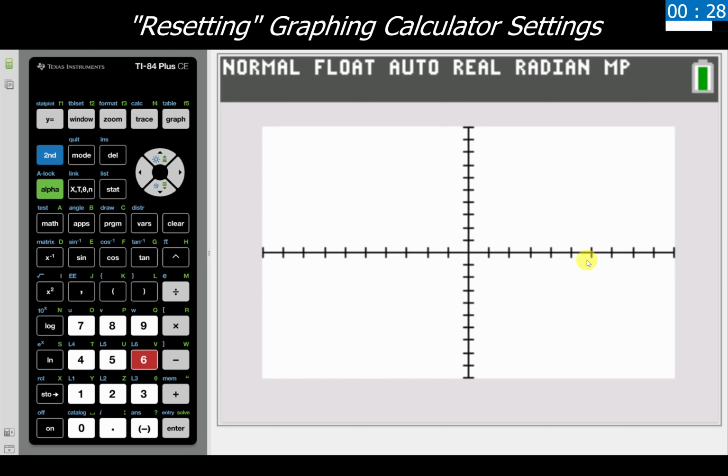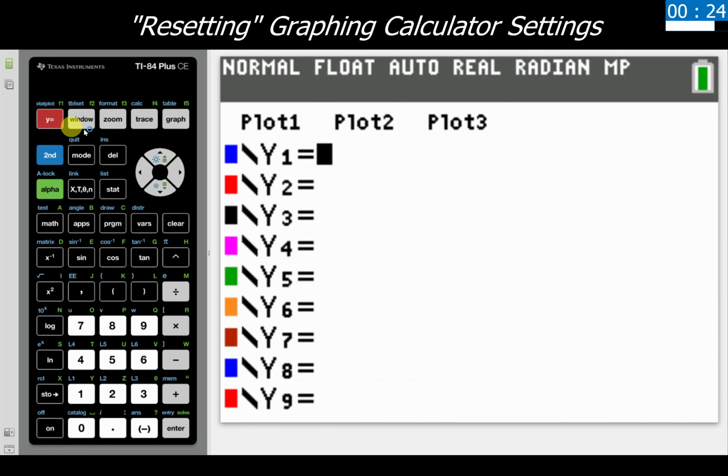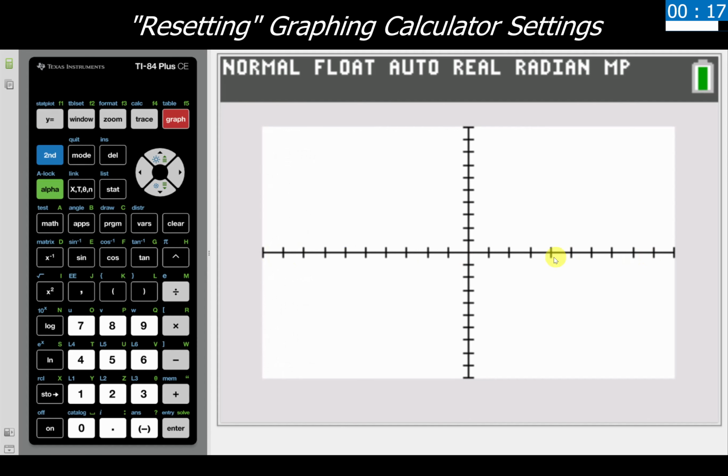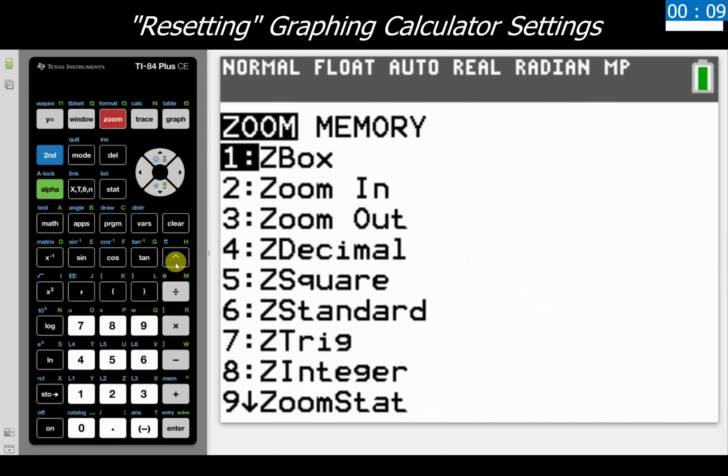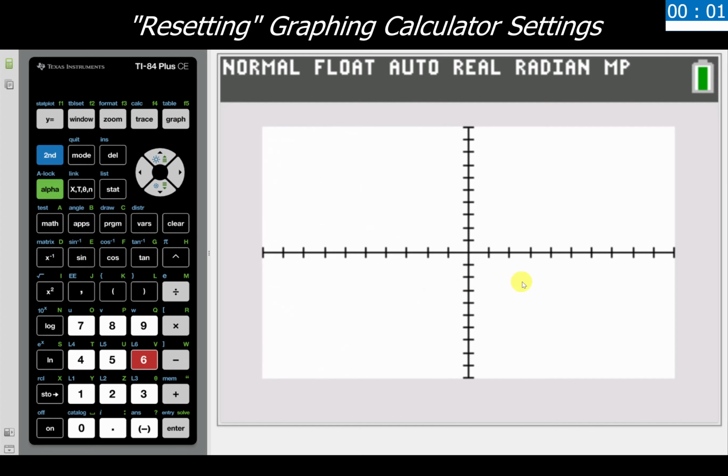Now anytime we come back and enter in something that we want to graph up here in y equals, or the next time we're doing a scatter plot, we can just go into graph and we have our nice original graph window ready to go for us. So just some reset things that we have there. I would highly recommend remembering zoom option 6 or zoom standard to always be your graphing reset window button sequence.